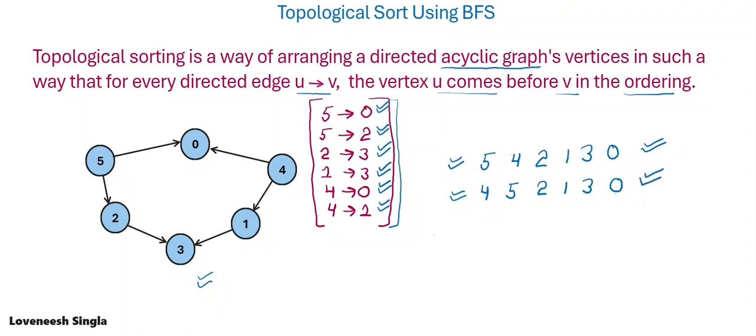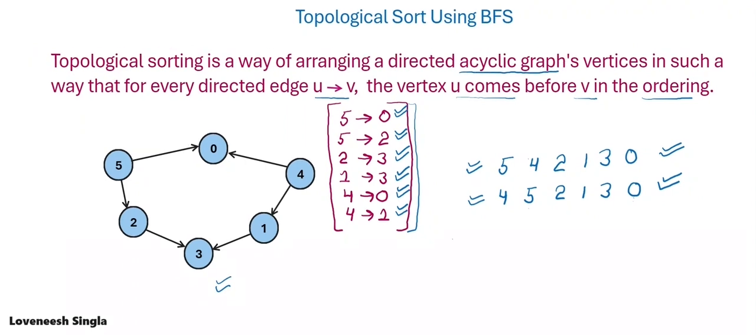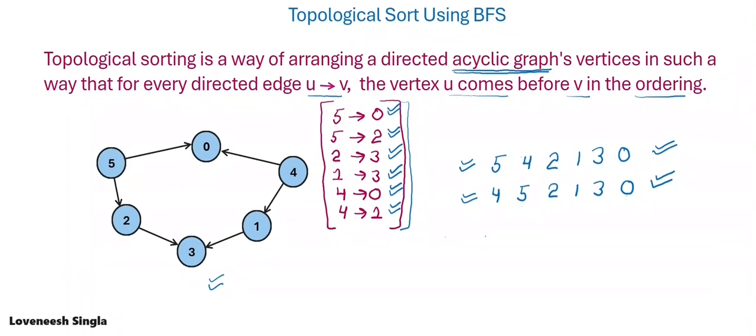For a graph, multiple topological sortings can be possible. As I mentioned, topological sorting we can apply only over an acyclic graph. So let's understand why topological sorting is not applicable on a cyclic graph. Suppose we have this graph. From 1 we can move to node 2 and from 2 we can move to 1. So here we can't have a valid linear ordering as 1 should come before 2 and 2 should come before 1, which is not practically possible.